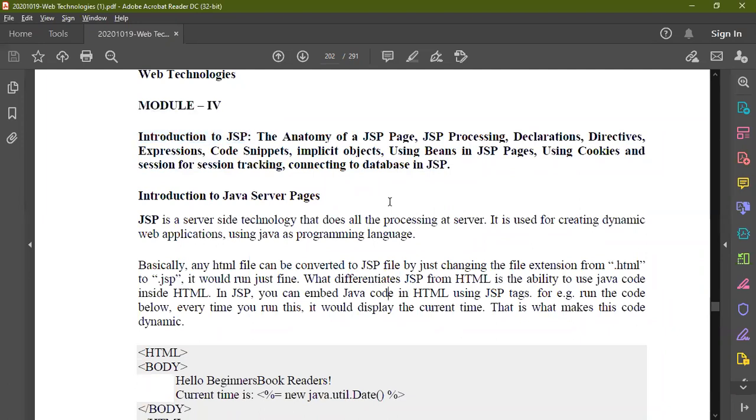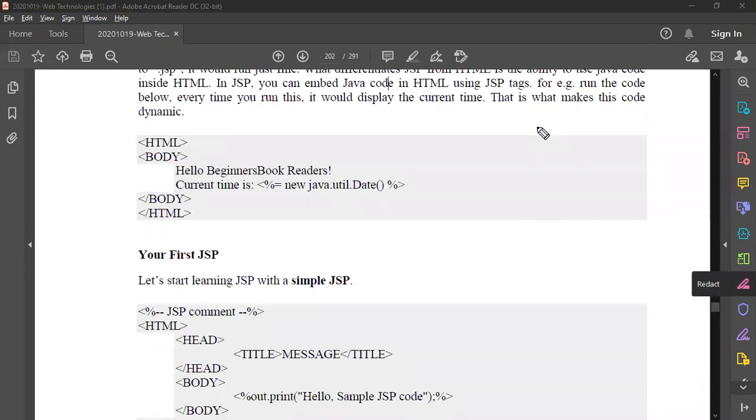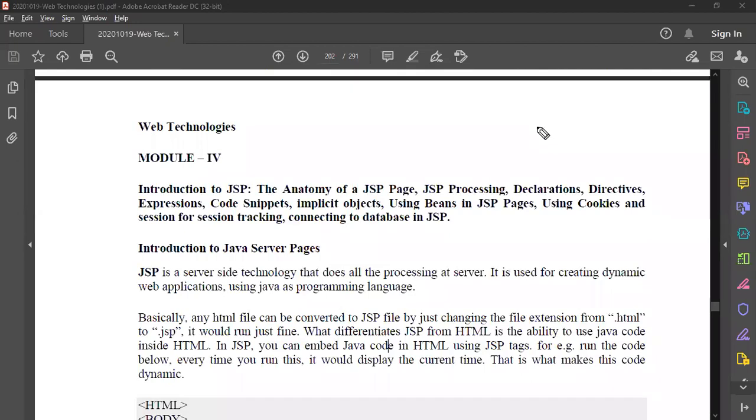I already told you that generally, in a web application, we have three different layers: a presentation layer, a business logic layer, that is the application layer, and a database layer.